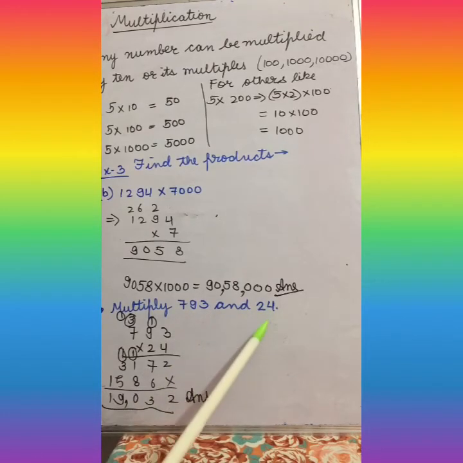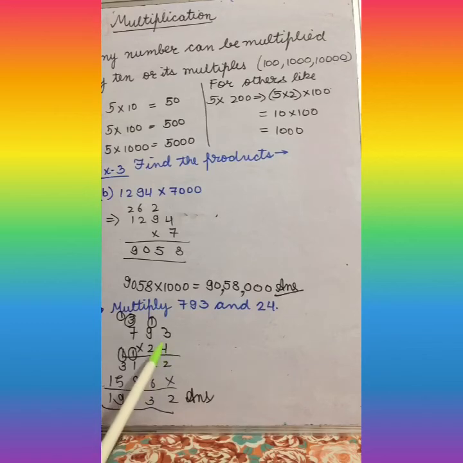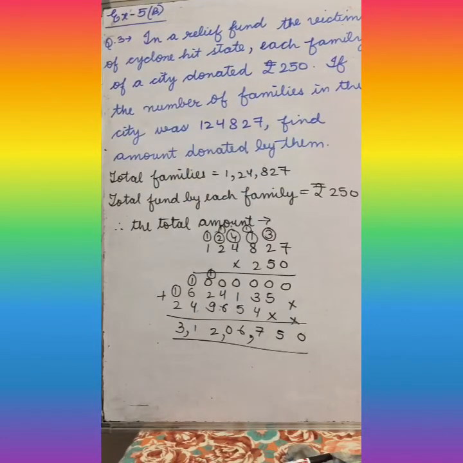Question, multiply 793 and 24. So these are non-zero numbers. You have already studied how to multiply them. You write the bigger number in the first row, the smaller number in the second, then you start multiplying. First you multiply this number with all three, like 4 3s are 12, then 4 9s are 36, and here carry over 1, so it will become 37, and 4 7s are 28. Because of this 3 it becomes 31. Similarly for 2 you write and you add them and you get your answer as 19,032.